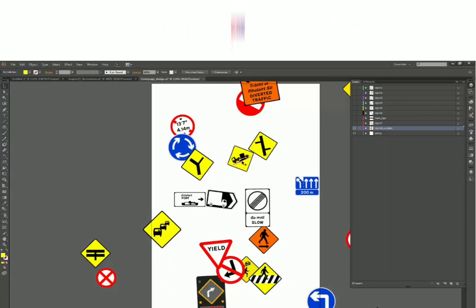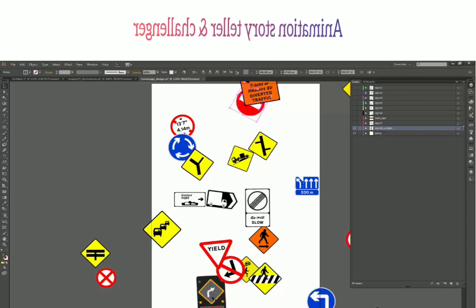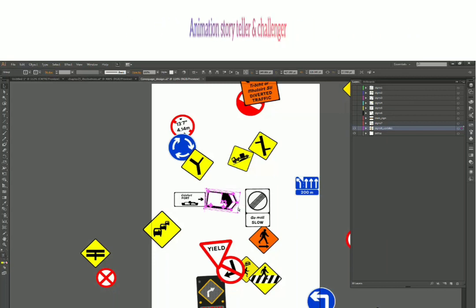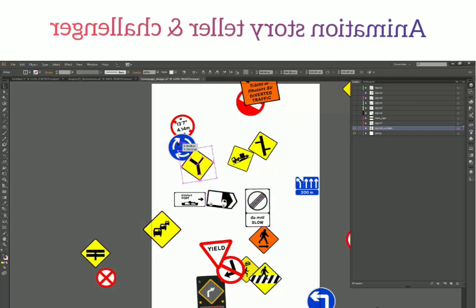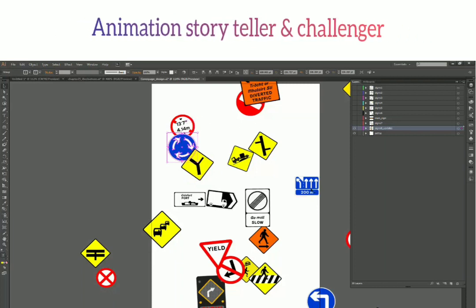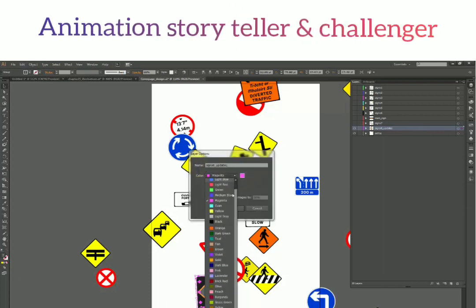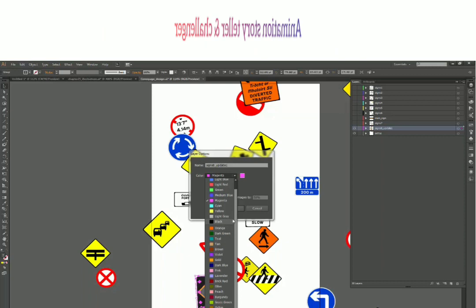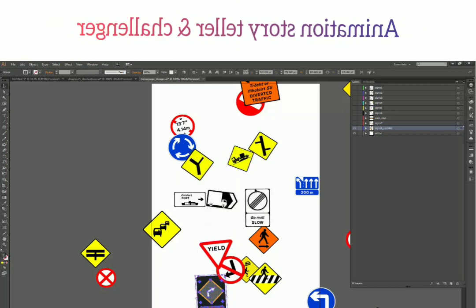So it is a good idea to have a color which is complementary to all these shapes. Let's say in this layer I mostly have blue, yellow, and I think red, orange, and black. The color I have selected right now, the magenta, actually makes some sense because it complements all the colors, and I can see my selection very clearly. If I select some color like, let's say, blue itself, or yeah, let's say I select medium blue here and I click OK.